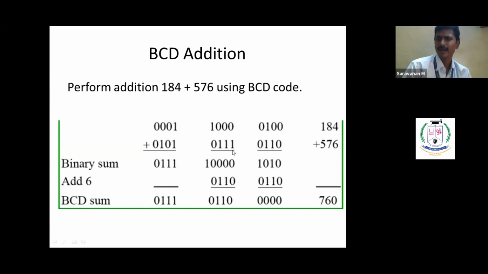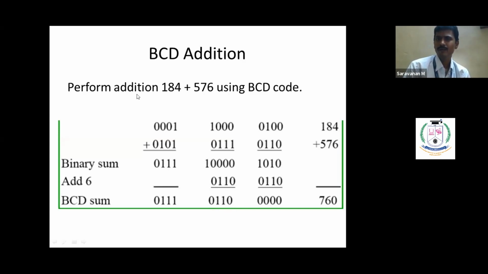Whenever we add a binary number, if you get a number which is more than 9, that is 1010, apart from 10, we can get a sum from 0000 to 1001. So if you get a number like 1010 or 1011, that is from 10 to 16, anywhere between 10 to 16, we have to add plus 6 so that the corresponding BCD code will be obtained here. Right? So this is BCD addition.